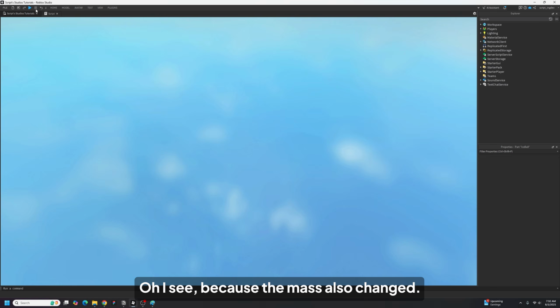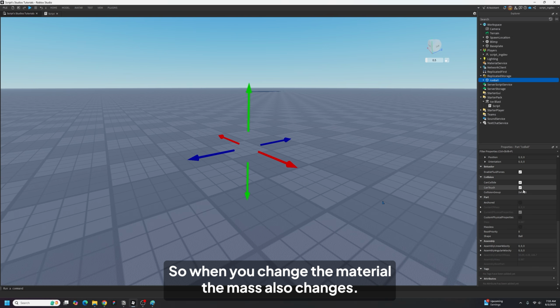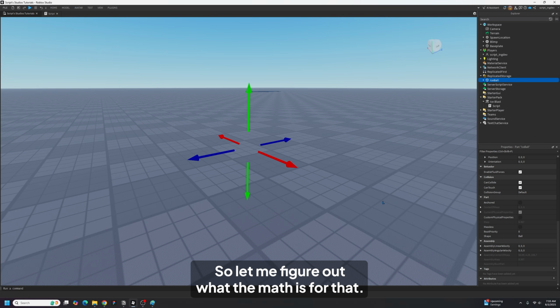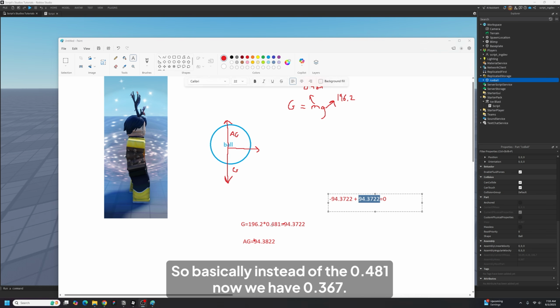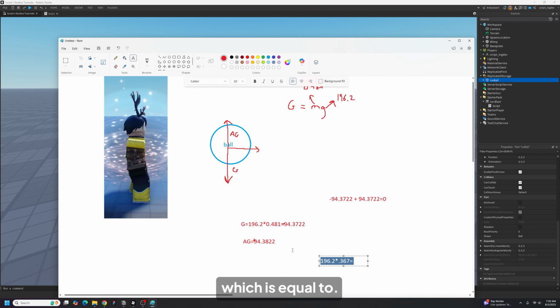Oh, I see, because the mass also changed. So when you change the material, the mass also changes. So the mass is now 0.367. So let me figure out what the math is for that. Basically, instead of the 0.481, now we have 0.367. So it should be set to 196.2 times 0.367, which is equal to,